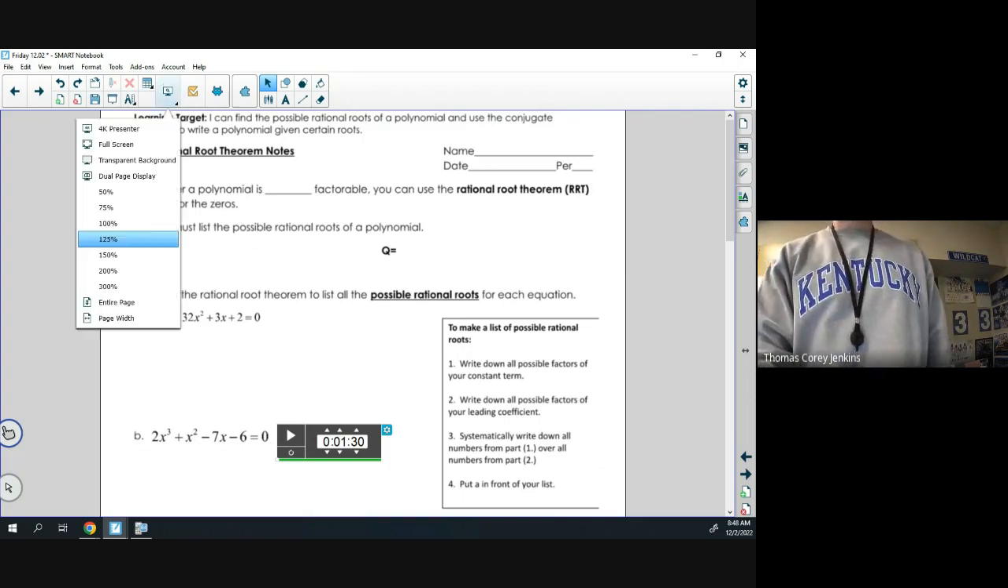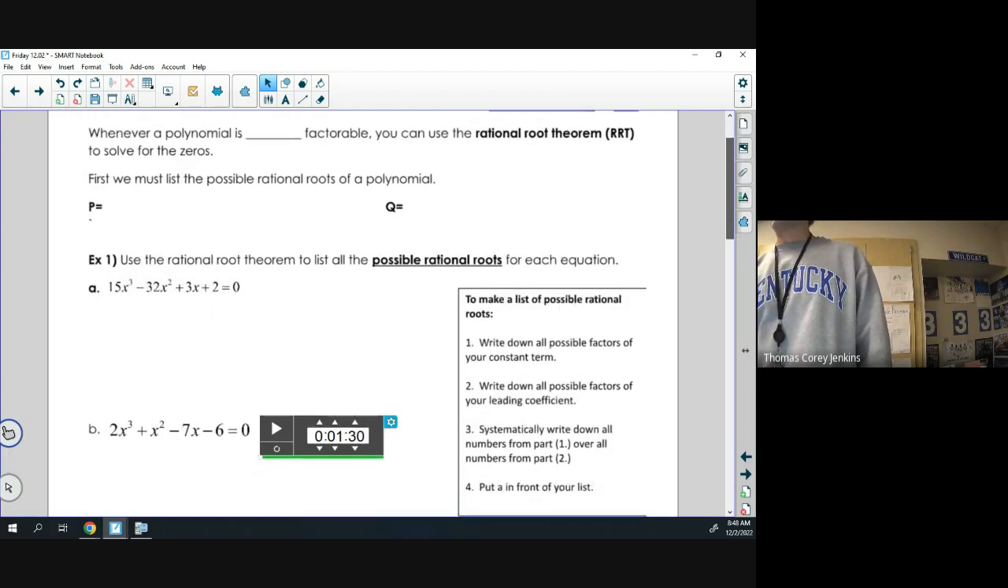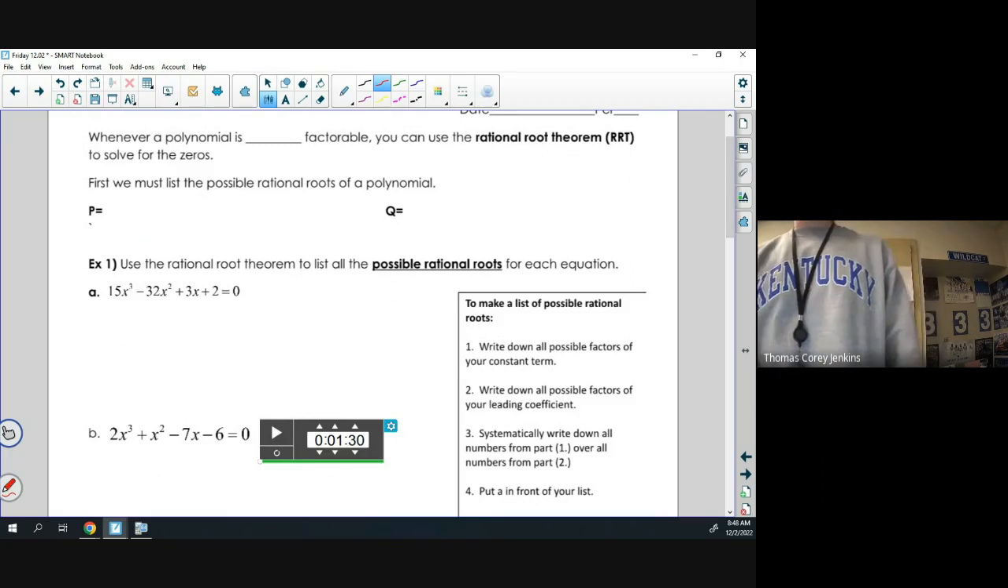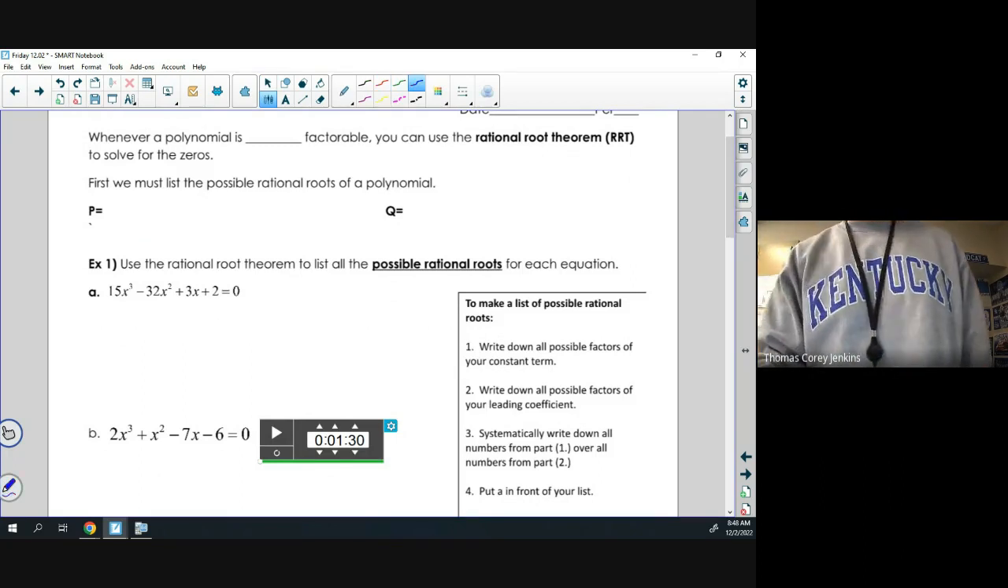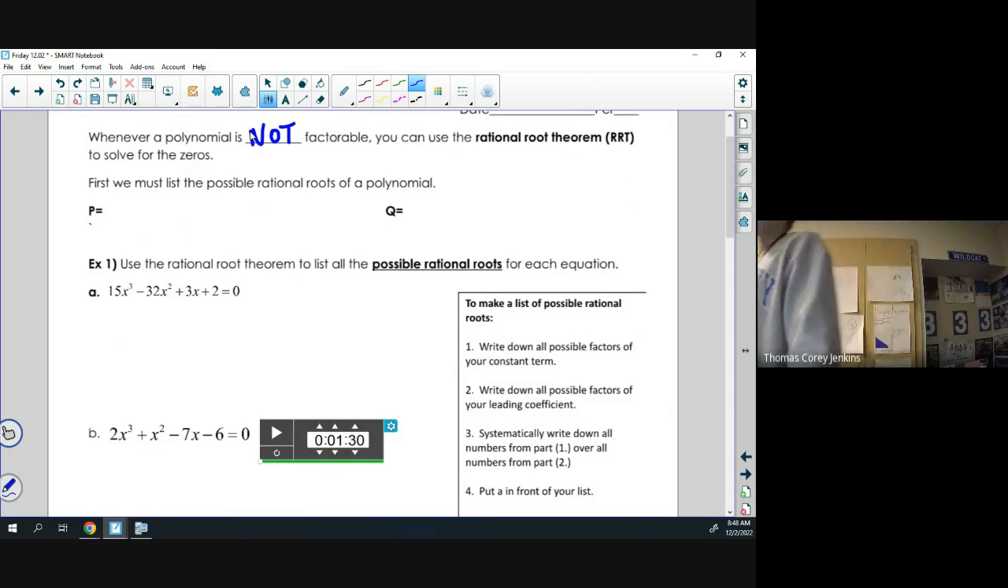All right. So this rational root theorem is really going to come into play maybe on the next lesson more so than on today's. But the big idea is that whenever a polynomial is not factorable, you could use the rational root theorem to solve for the zeros. And that's kind of true. It's not totally right. So what the rational root theorem does is basically give you any possible rational number solution